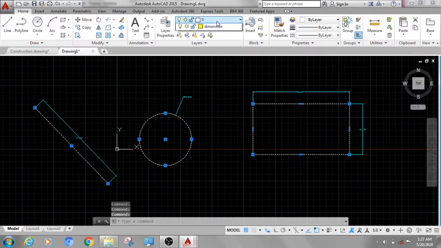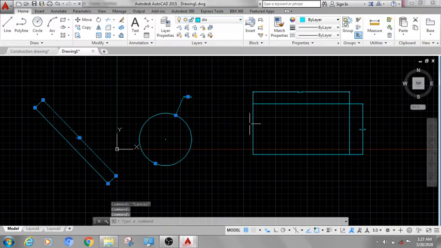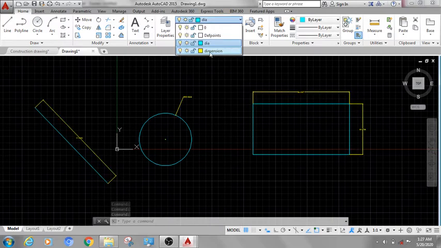These diagrams I want to keep in the dia layer, and these dimensions I want to keep in the dimension layer. Now here you can see these changes.